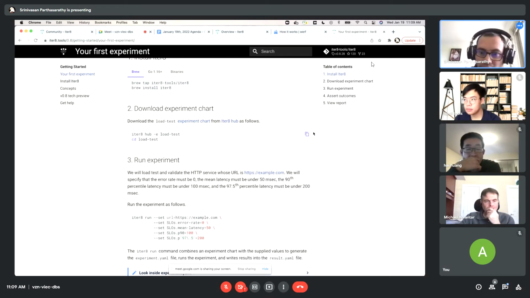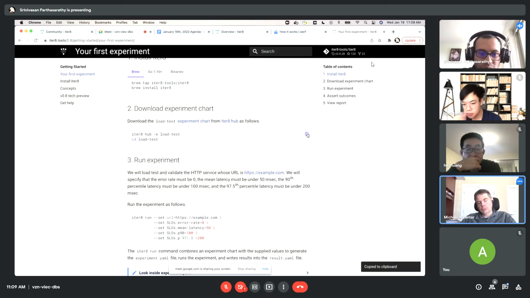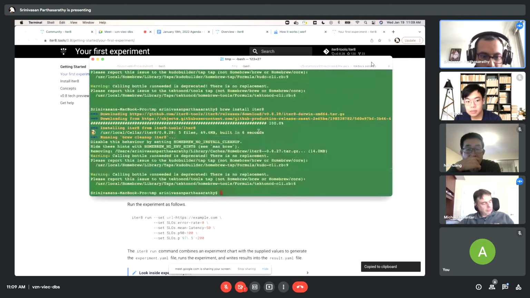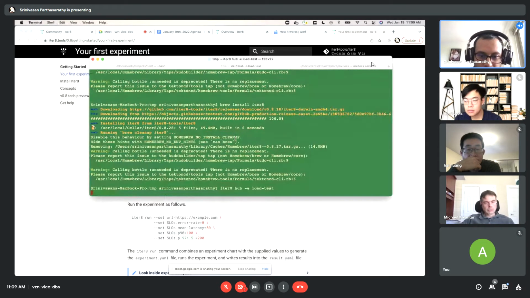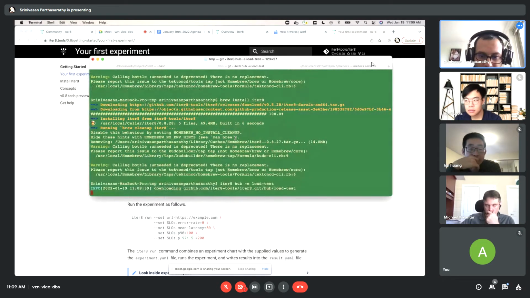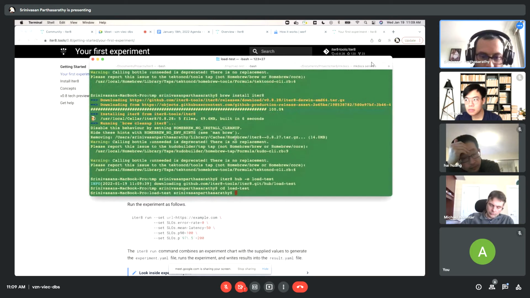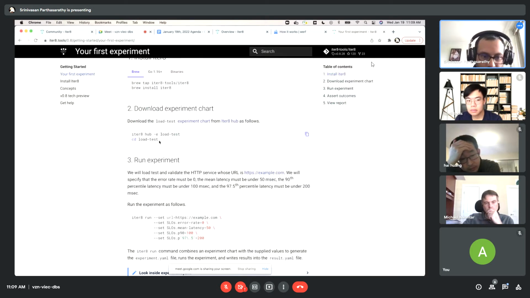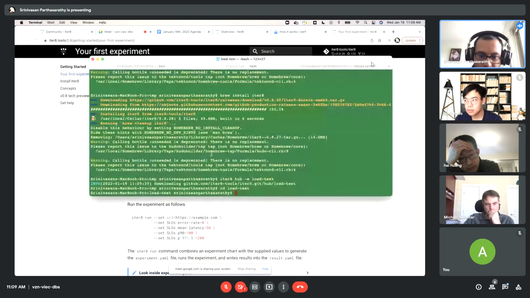So let's get the chart. And there's a little command here that makes it easy to get charts from this thing called hub, which is where all the Iter8 experiment charts are stored. Right now, there's only one chart in that hub called load test. So we'll go ahead and grab that. Okay, so we got the chart, and we are now in the load test chart